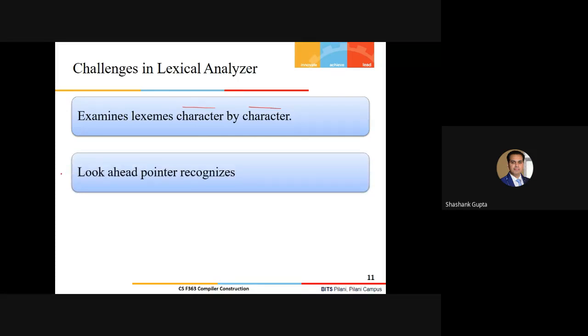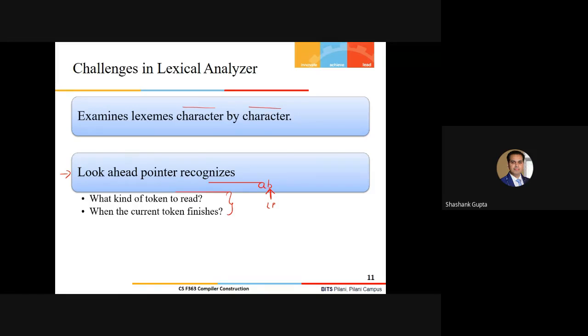And most importantly, the look ahead pointer is going to play a key role in the lexical analyzer, because the look ahead pointer is going to recognize what kind of token I'm going to read and when the current token finishes. Now you need to justify these two points. Suppose my lexical analyzer has just read A here. So the look ahead pointer, let me call it LP, will expect, okay, since I have read A, probably I would be expecting another character belonging to the same class of token, let's say B. So this is why it's saying what kind of token I am expecting to read next.